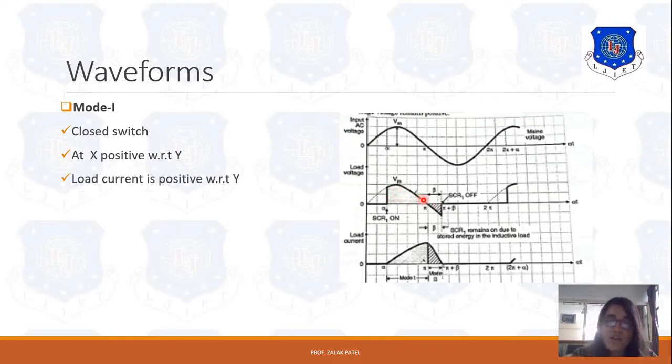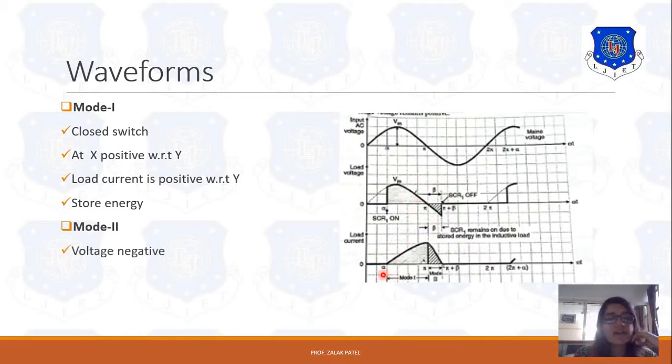That's why the load current is positive, meaning load current gradually increases when it operates in mode 1, and voltage will reduce. Because of this increase in load current, the storage of energy is possible when it operates in mode 1. Now what will be the case when it operates in mode 2? When it operates in mode 2, the operation will be from pi to pi plus beta, that you can see over here. The load voltage from pi to pi plus beta and load current is again from pi to pi plus beta.